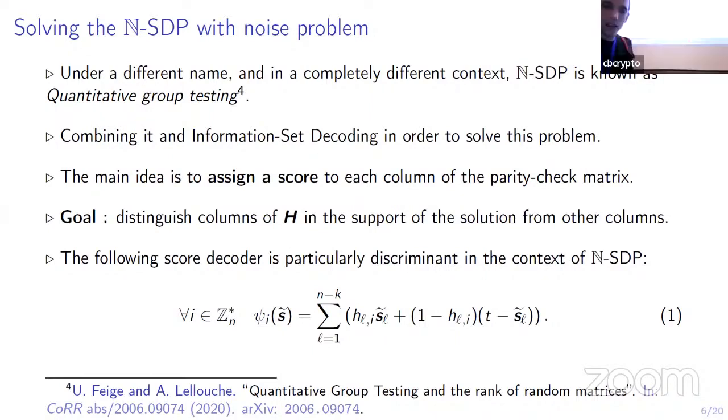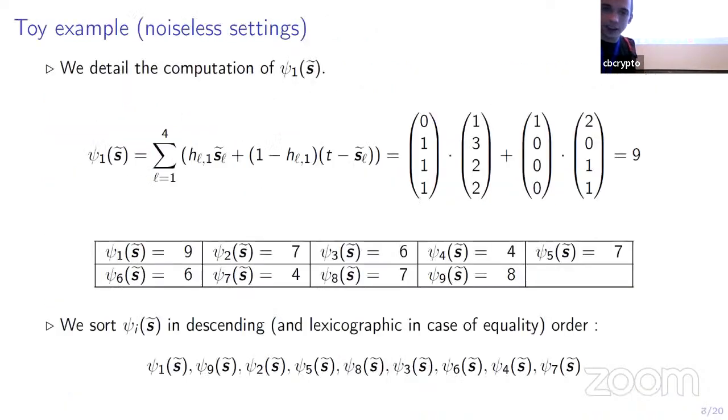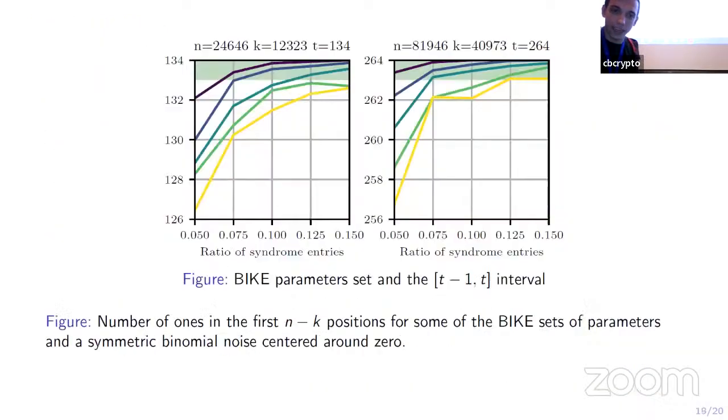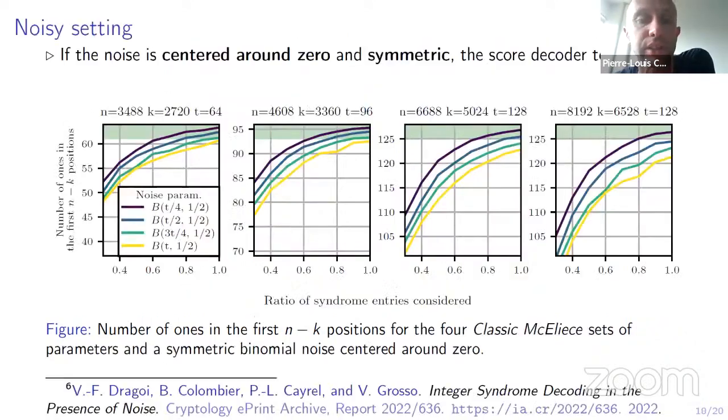Okay, perfect. I think from the talk it gives the impression that your technique is way more successful on BIKE, but I think it's giving the wrong impression, right? Because if you take it in absolute values, then probably for McEliece you need more information than for BIKE, right? Yes. Because the parameters of BIKE are much bigger for N, which is 24,000, and for McEliece it's like 4,000. So the number of values you need is almost the same in both cases, but the ratio of entries differs,